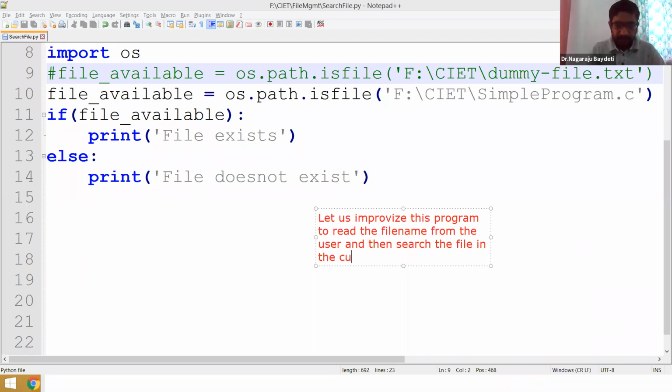At this point of time, we will work on current directory. Tomorrow we will see how to do further, like searching in any directory. For example, if you give F drive, how to search in each and every directory and subdirectory, recursively traversing the file structure. Okay, so that also we will see tomorrow. As of now, today we will work on current directory only. Okay.